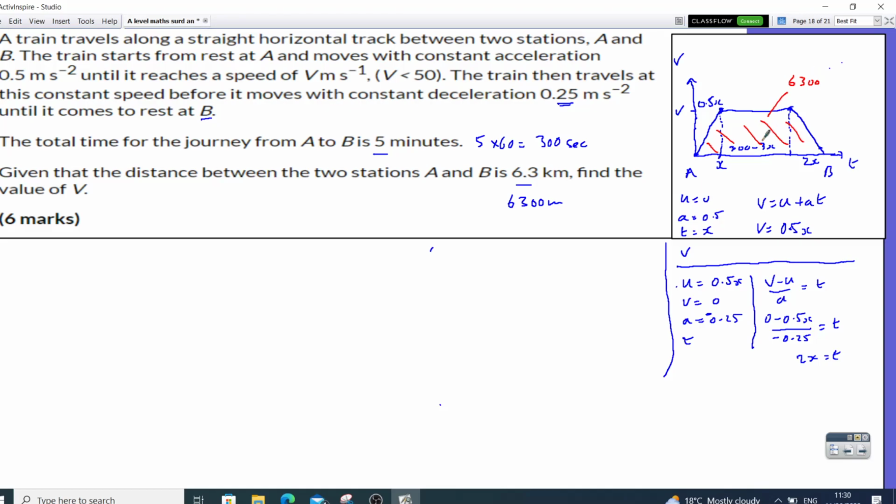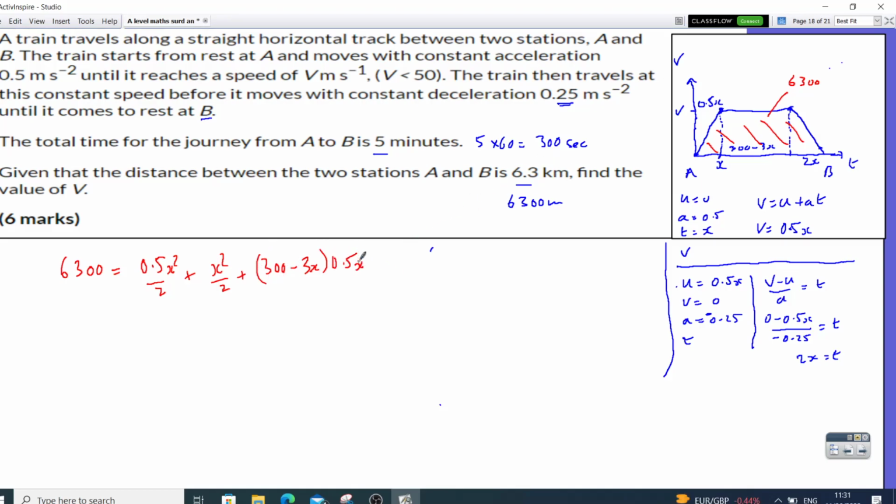So let's work this out. 6,300 is going to equal the area of this triangle, so that's x times 0.5x, which is 0.5x squared, over 2 because of the triangle. Then this triangle, 2x times a half x, which is x squared over 2, since it's a triangle, base times height over 2. And this is a rectangle, so that's going to be 300 minus 3x